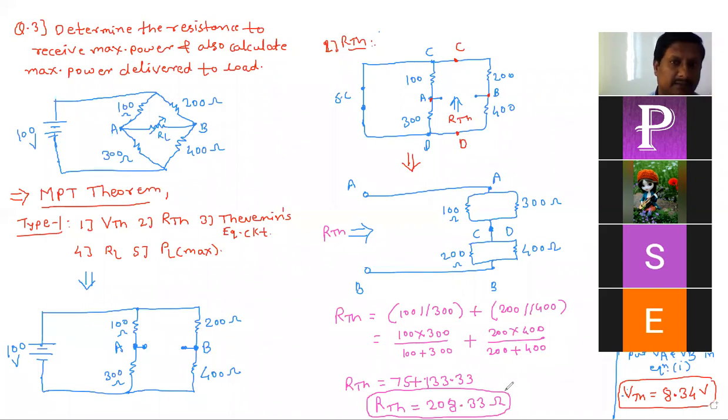This example was also solved in Thevenin's, only there the values were 10, 30, 20, 40, I think. I'm not sure about the values, but such an example we have already done. We have calculated. So this is how the value of RTH is found. If any questions are there, this is very challenging. How to convert this circuit into this, you will get it when you are solving a number of examples. When you solve many examples and practice, only then this skill develops. If you solve a variety of examples, then such a skill can develop and such an idea can be generated. So make a practice. That is the only solution.